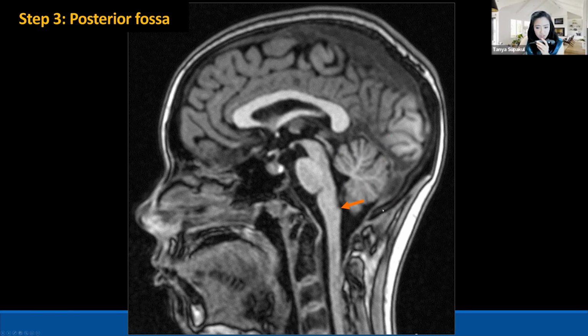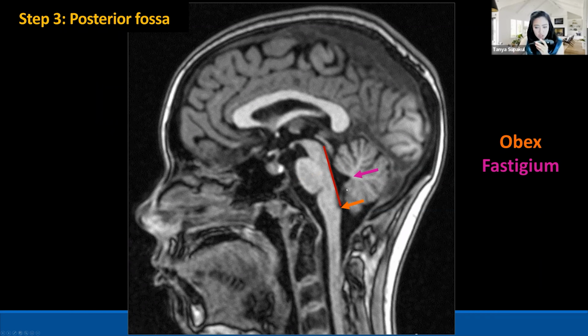This is the most important structure. Everyone at IU should know about this structure. This is the obex, right? And that is the fastigium, which is the apex of the fourth ventricle. First, you draw a line at the posterior aspect of the midbrain and pons. You draw another line perpendicular to the first line, and this yellow line should divide the pons 50 and 50%. In this way, you can see the fastigium just above that yellow line.